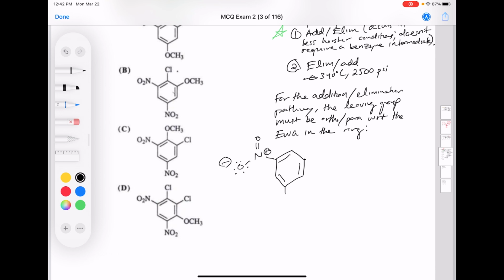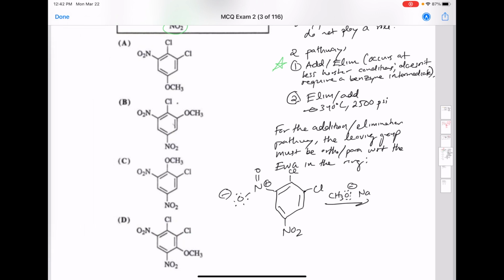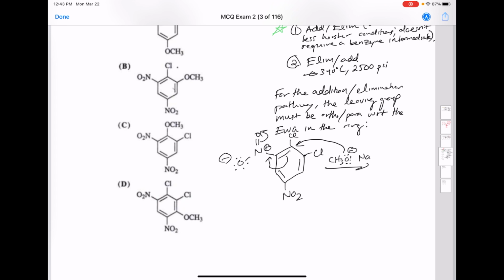And the NO2 group here. And so let's see. We have the methoxy group. And what this methoxy group is going to do is it's going to attack this carbon, and the electrons of this double bond are going to migrate to the electron withdrawing group, and that's going to force these electrons up to this oxygen. And what we get is